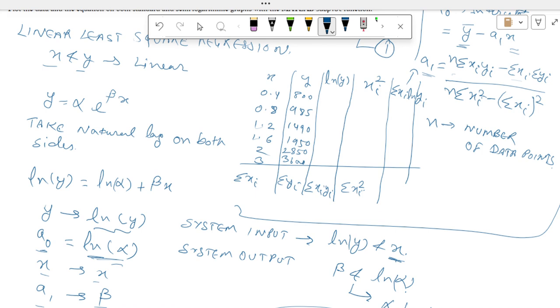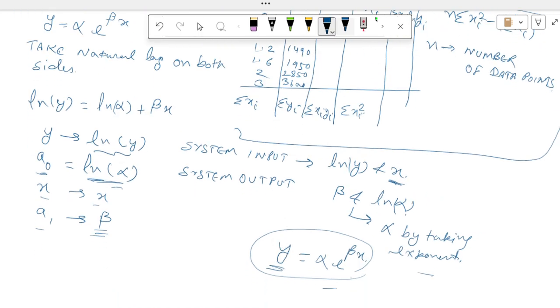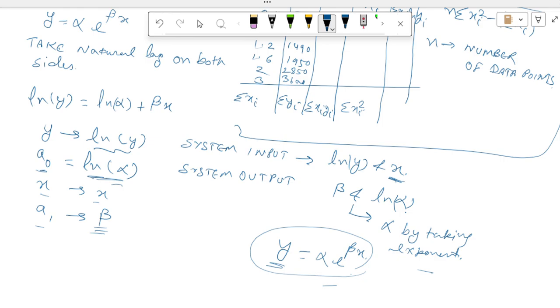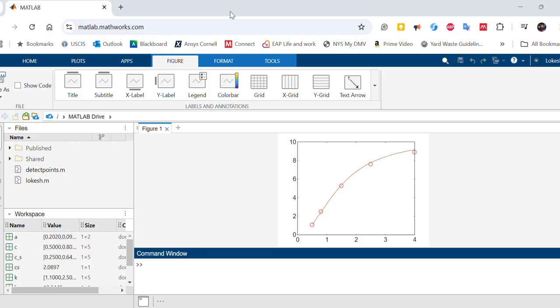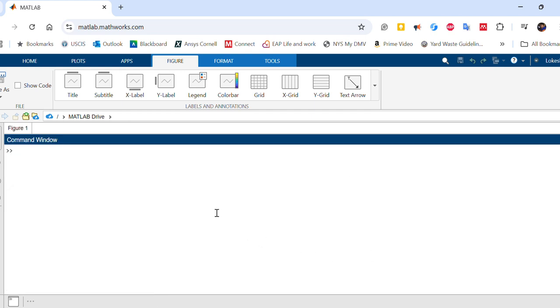So here is the thing, you can fill in all the values here and calculate these and perform this step and do this. I'm going to show you this using MATLAB. So let's start with the MATLAB. Let's say this is my command window, and I'm just going to maximize my command window,